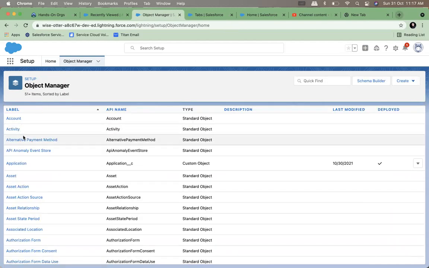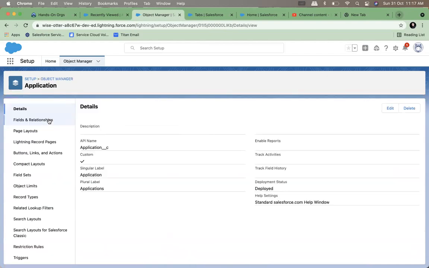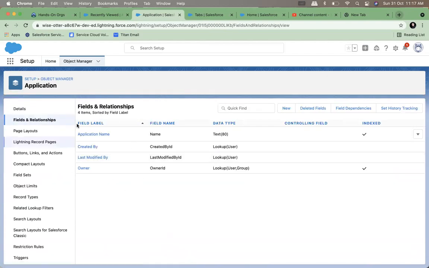Similarly, a custom object can also have standard fields. Did I create these fields? No, I did not. I just created the object, right? But these fields were automatically created by Salesforce for us. Name is such a field which is by default created by Salesforce. That is why this field was showing up on the screen. You can change this to not be an input field but rather an auto number. You can go there.